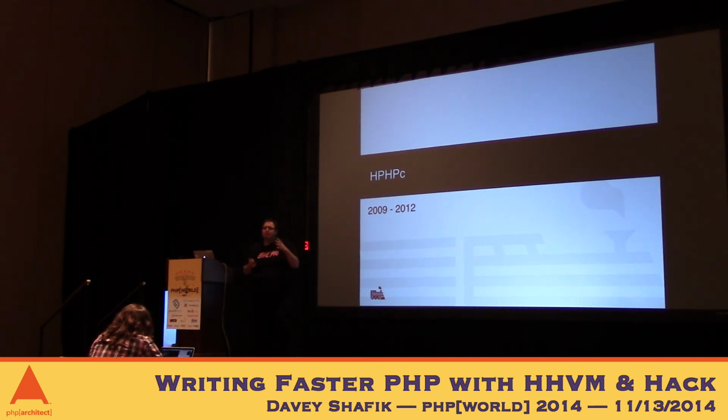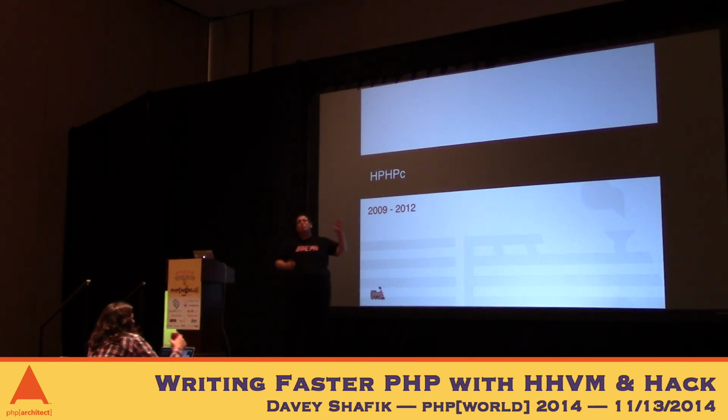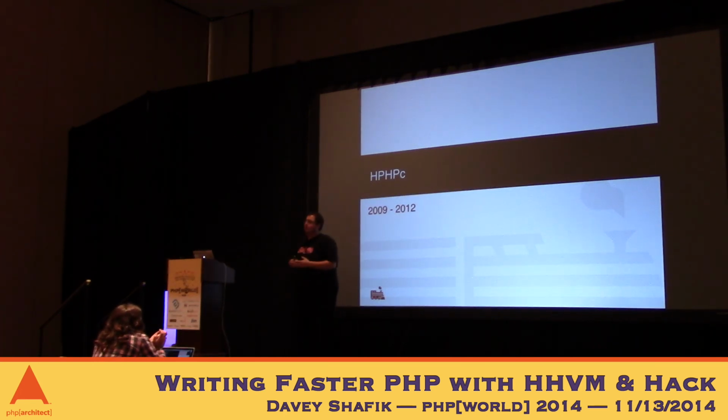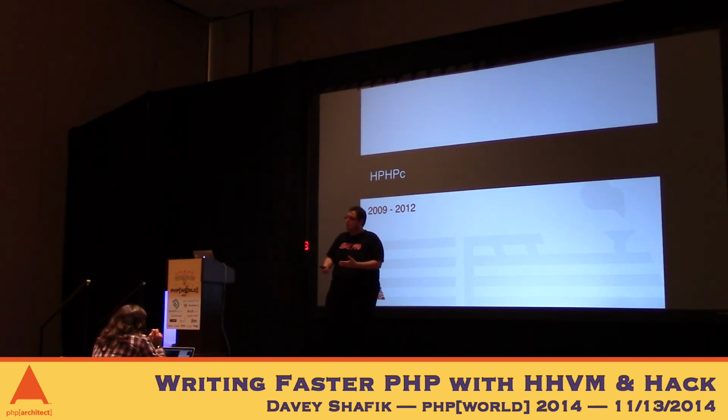It was sort of open source in that they threw it onto GitHub and then forgot about it. It was only PHP 5.2 based, and it didn't support things like eval or any sort of really dynamic language features, because C doesn't support those. Basically, the main problem with it is that it broke the developer workflow. And one of the primary goals of HHVM is to either complement your workflow by being identical to PHP, or to enhance it by adding things like Hack.